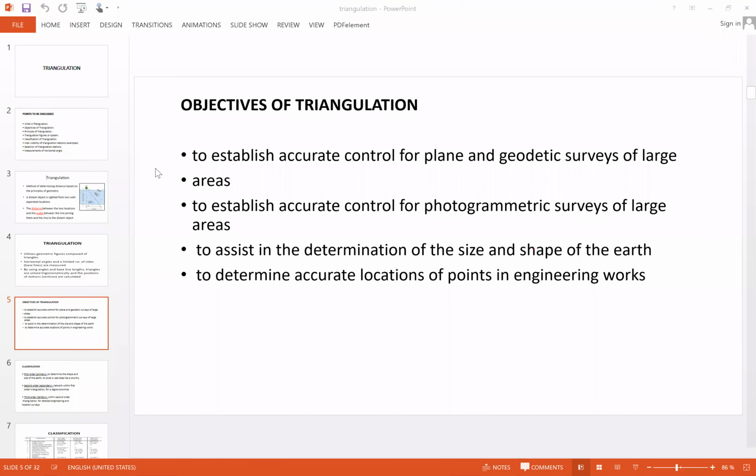And if you have to determine the shape and size of the earth, for that also you can use triangulation. That is, you divide the entire globe into a system of triangles, and then by using laws of trigonometry you are able to determine both the shape and size of the earth. And similarly, if you have to establish control points for your engineering works, like you are doing a survey for a road,